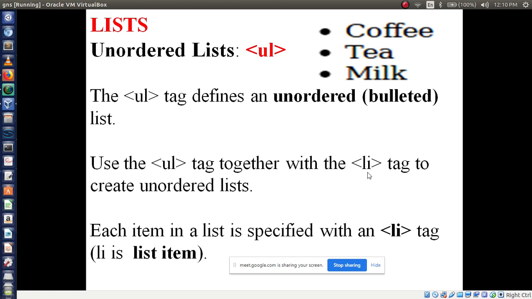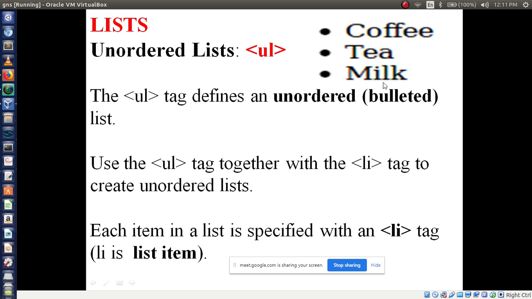So in the UL tag we have a sub tag, what is that tag name? LI tag. Each item in a list is specified with an LI tag. Suppose I want to display coffee, so to display coffee we have to use the LI tag. I want to display tea, so I am going to use the LI tag.